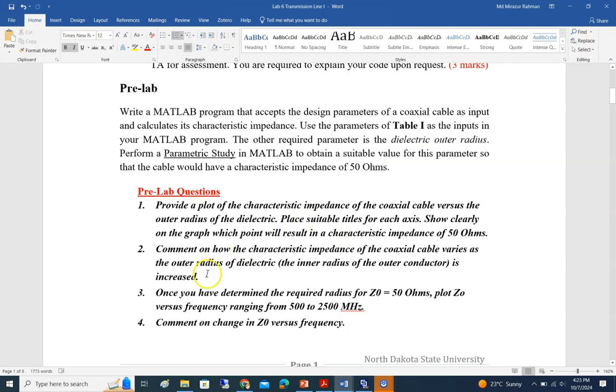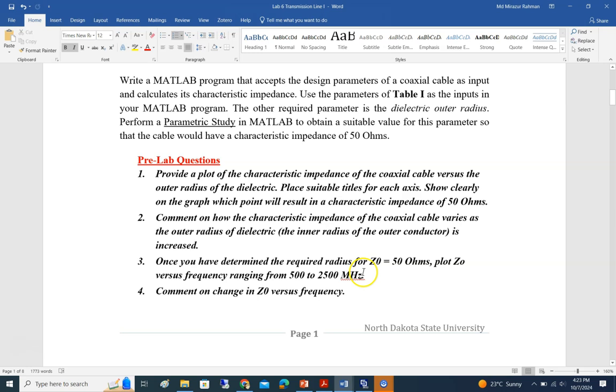Then, once you have determined the required radius for Z0 of 50, which we have done, plot Z0 versus frequency ranging from 500 to 2.5 gigahertz. So that means now that you are done with determination of the radius,